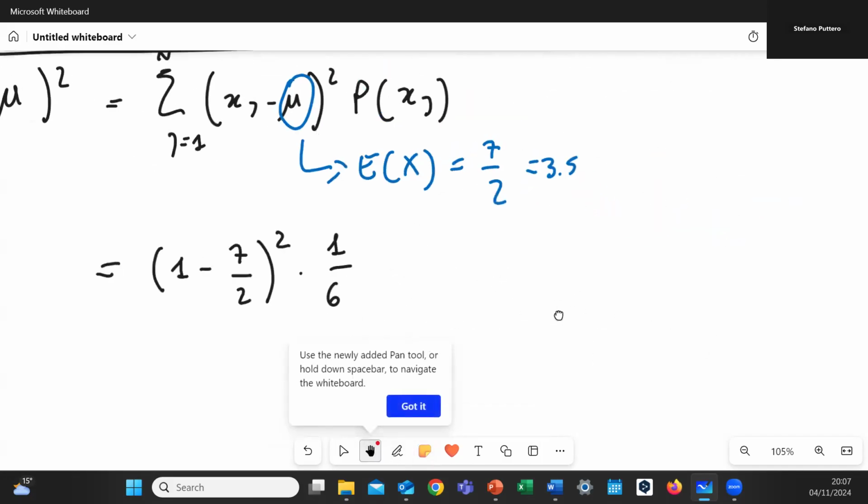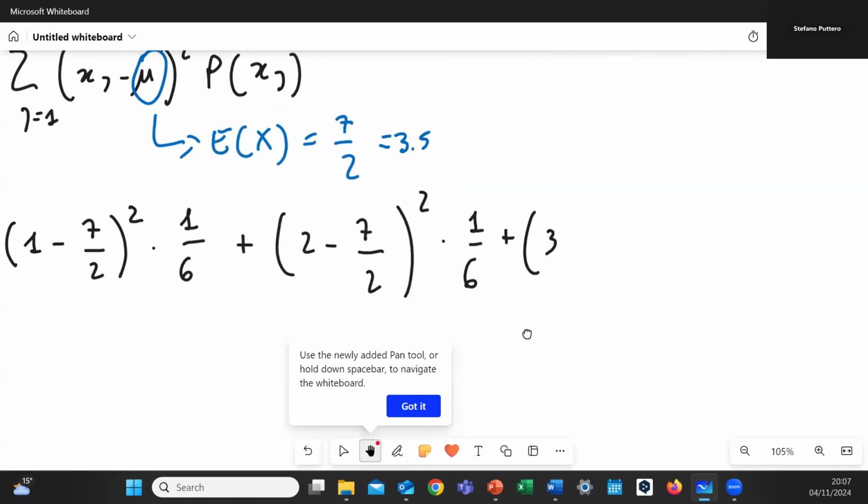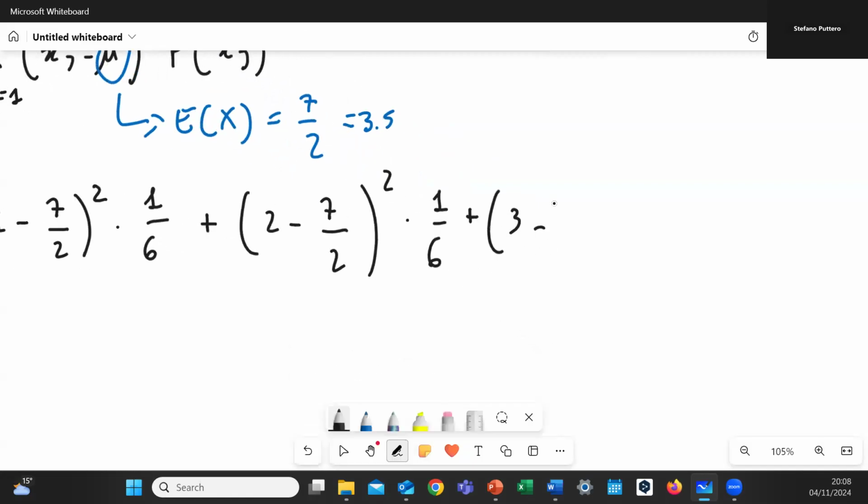Okay, and we can do the same for all the sides of the die. So 2 minus 7/2 up to the power of 2 multiplied by 1/6 plus 3 minus 7/2 squared multiplied by